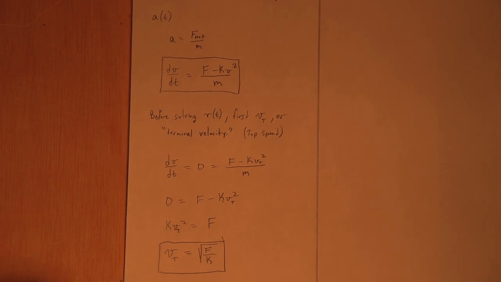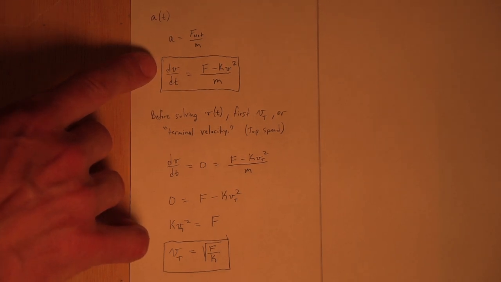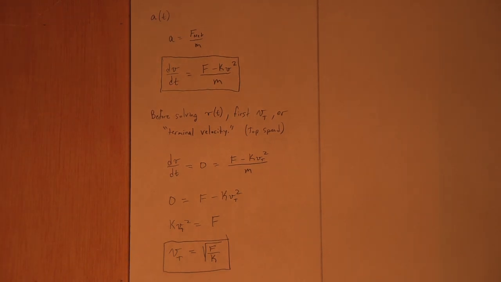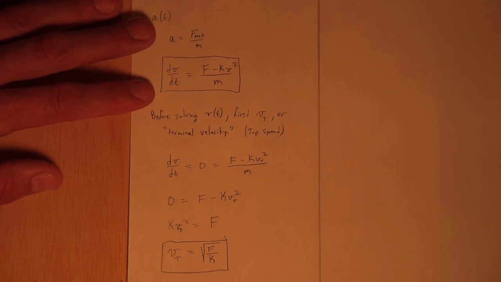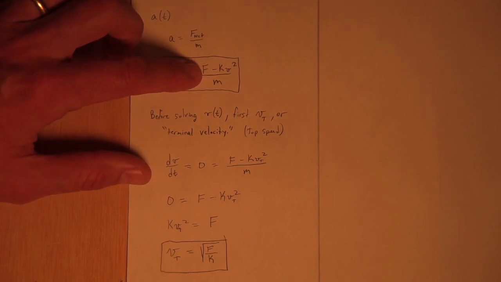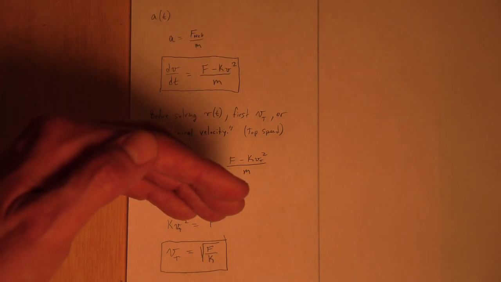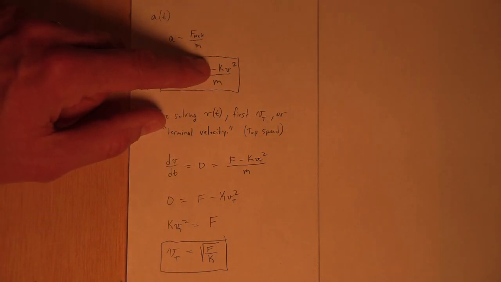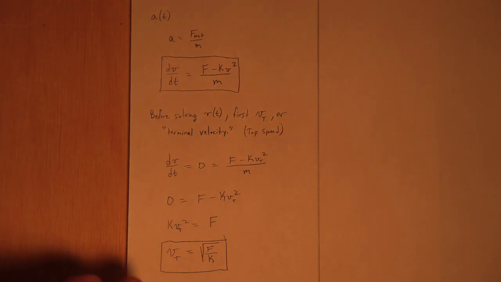By the way, very often in these problems, the problem is for dropping something with air resistance. And if you skydive, you might recall that you eventually reach terminal velocity, and the more you fall, your velocity does not increase anymore. So we would be using, instead of F here, mg, the weight of the thing pulling down, minus the air resistance in the backwards direction, over the mass. And then you would do the same thing, find the terminal velocity, but you would not solve for velocity as a function of time. So there it is, the third and final